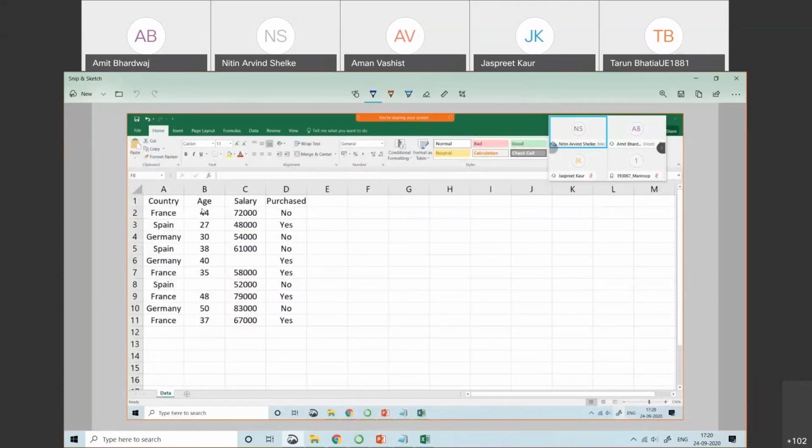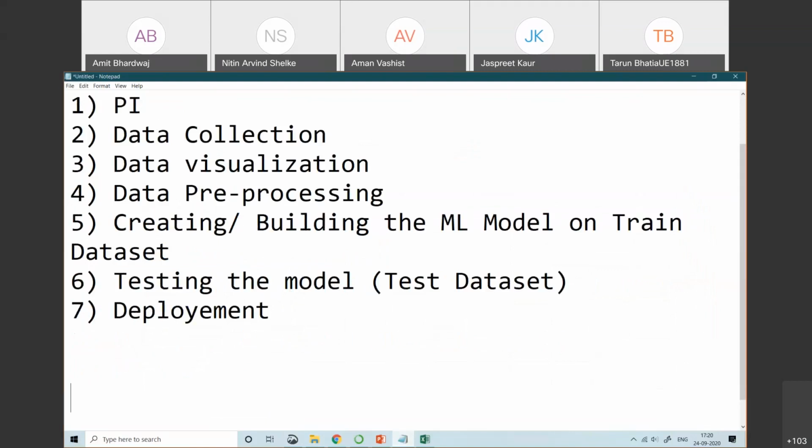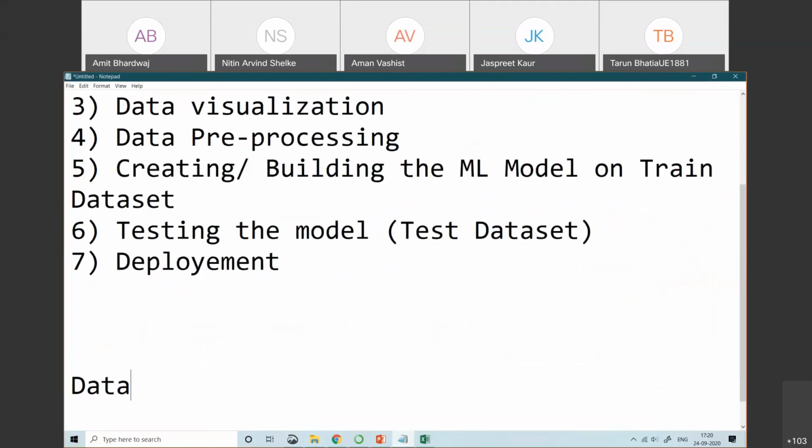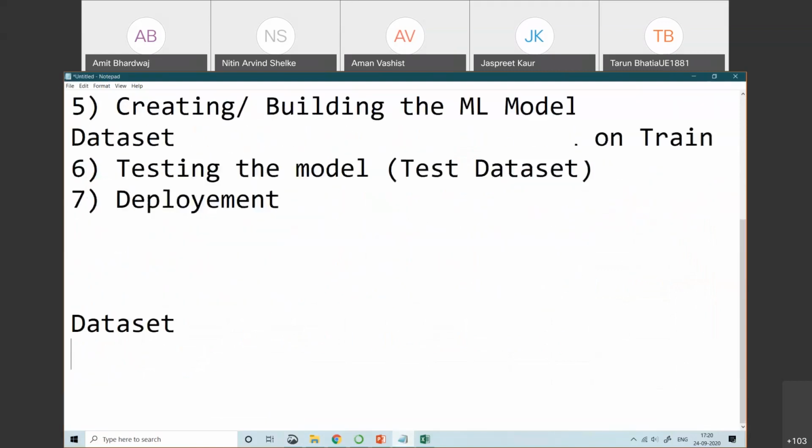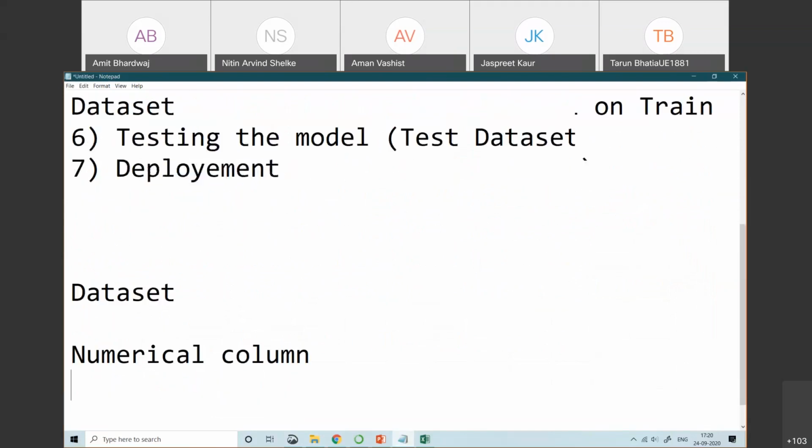Now, categorical data means what? We have different types of data in our data set. Your normal CSV file data set contains numerical columns, meaning numerical data.